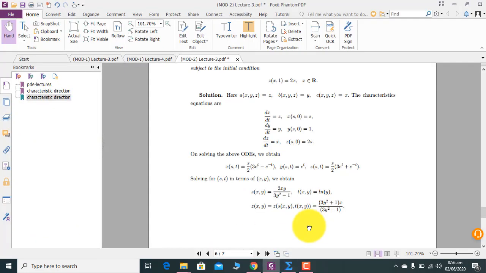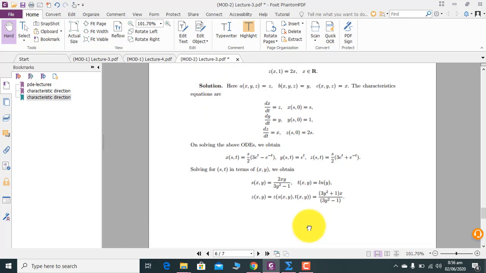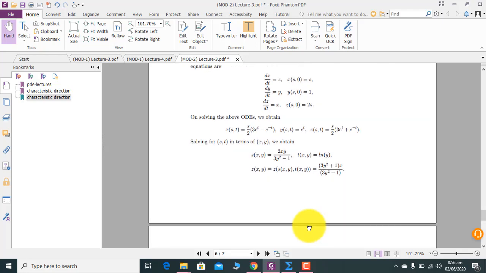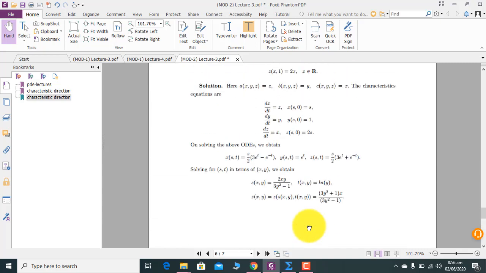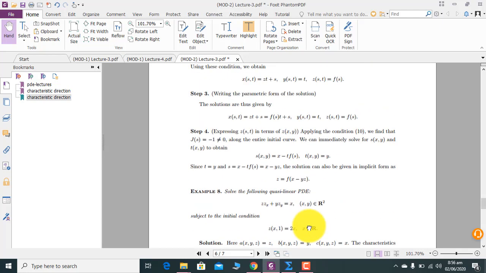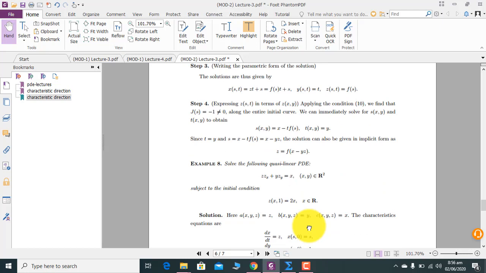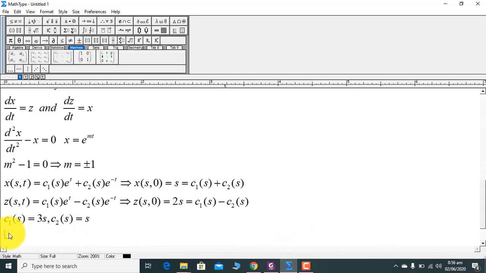And parametrically you can write x of s,t and y of s,t. First of all write in that language, parametrically, because sometimes you make mistakes in terms of going back. I have written directly step 4, expressing z in terms of x and y, but you must write the parametric form of the solution as well. So first of all write the parametric form. How can you write the parametric form? X of s,t is what? X of s,t now becomes